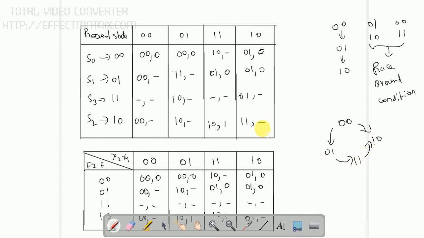So I have changed this as 1 1 and this as 0 1. So here 1 1 to 0 1, only 1 bit change is happening, and 1 0 to 1 1, there is only 1 bit change happening. So this table is rewritten. So how can we write the same thing here? We are going to write this also.